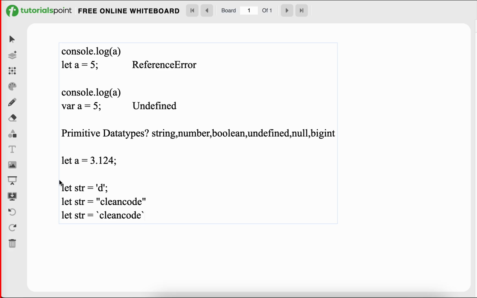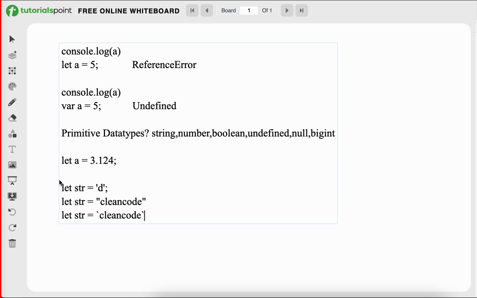Okay, can anyone tell me the difference between undefined and null? Null is a non-existing value, like an empty value.